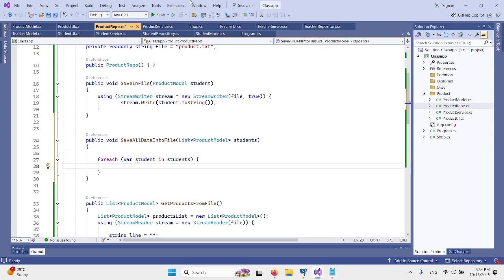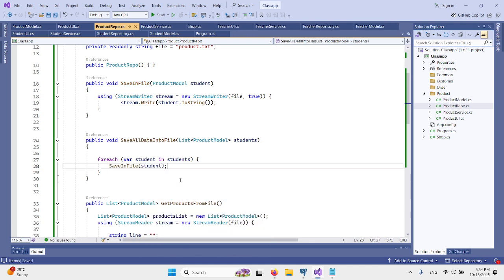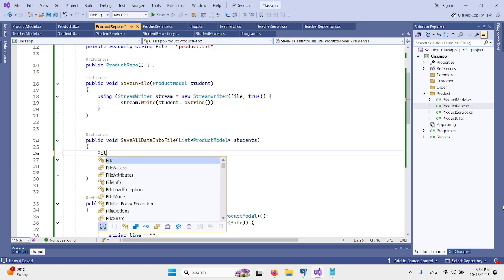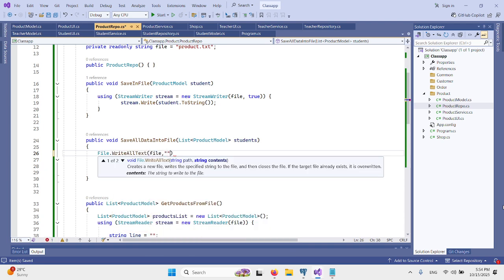We will call this function, because we already have code to write one record, but here we need code to flush our file record. So what we will write is file dot write all text file this.